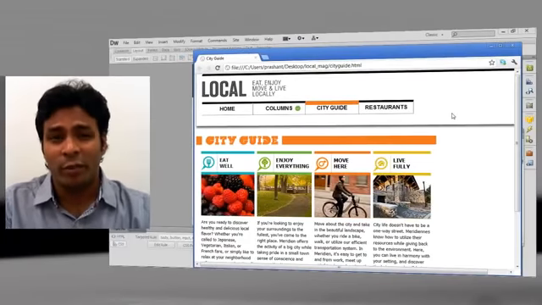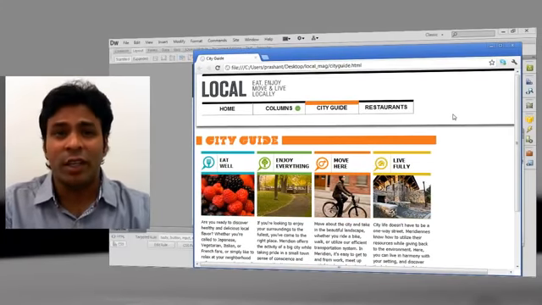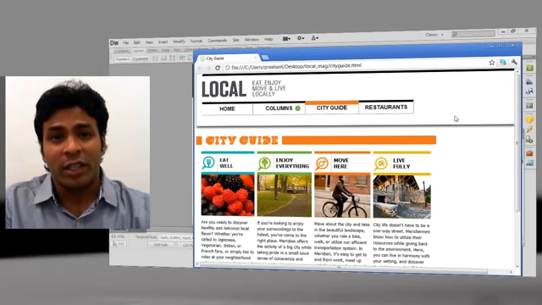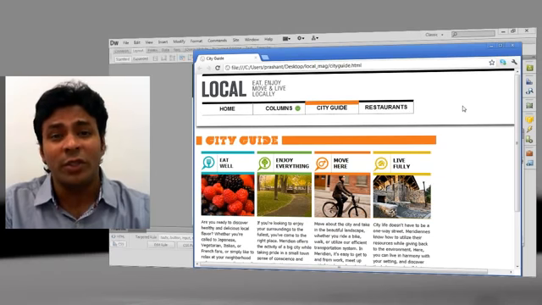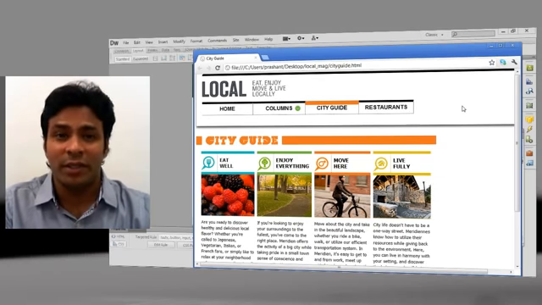What are fluid grids? Fluid grids is one of the techniques you could use in making your web pages more responsive. Let's take an example of a web page like this, which was designed to be run on the desktop. When I load this web page in a browser on the desktop, the layout is going to be looking absolutely fine. But when I load the same page on a mobile device, the layout is not optimized to the form factor of the device. In order to solve this problem, you need to maintain various layouts for various screen sizes, which is a cumbersome task.